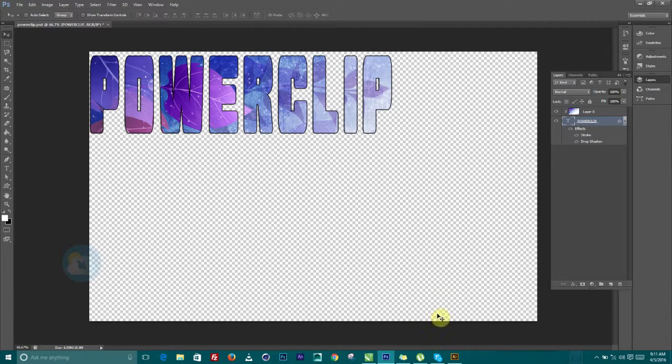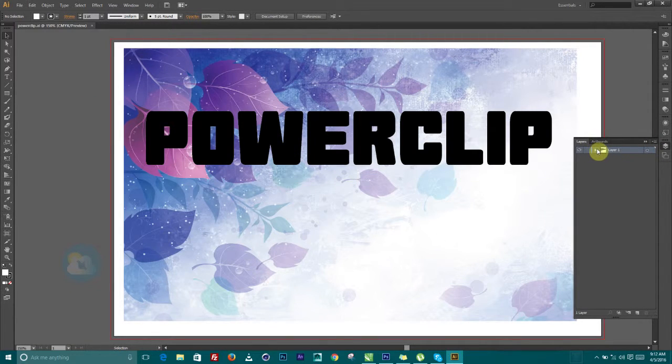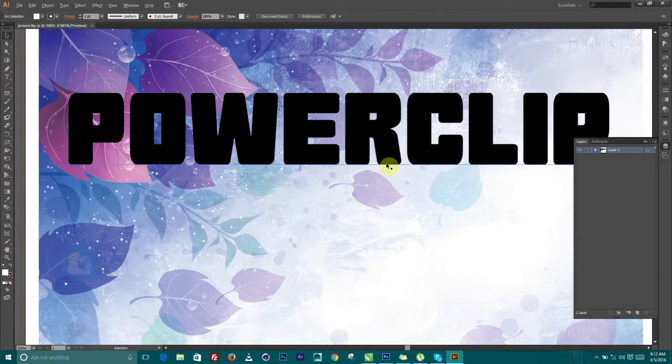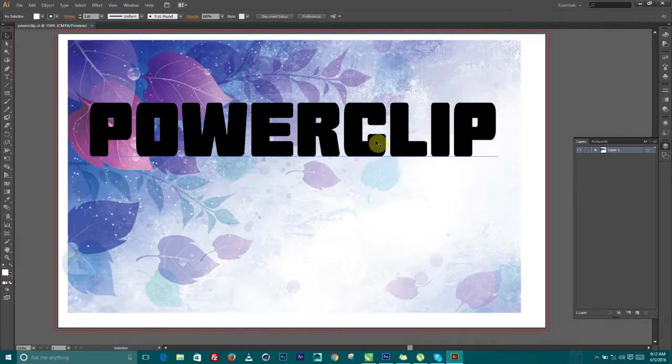So next up is Illustrator. How do we power clip? You can see these three different applications. They power clip differently. They don't use the same method to power clip. So let's look at how we can do the same for Adobe Illustrator. Illustrator is very similar to Photoshop because they have a few things in common, but Illustrator is a vector-based application just like CorelDRAW, but kind of more robust.